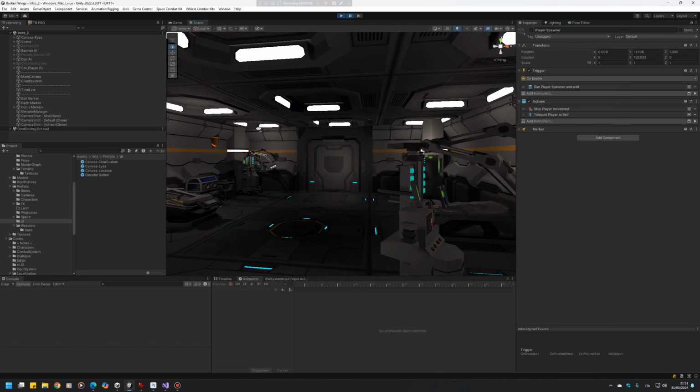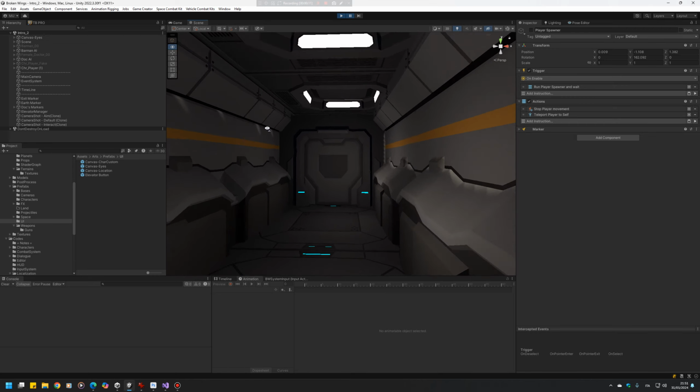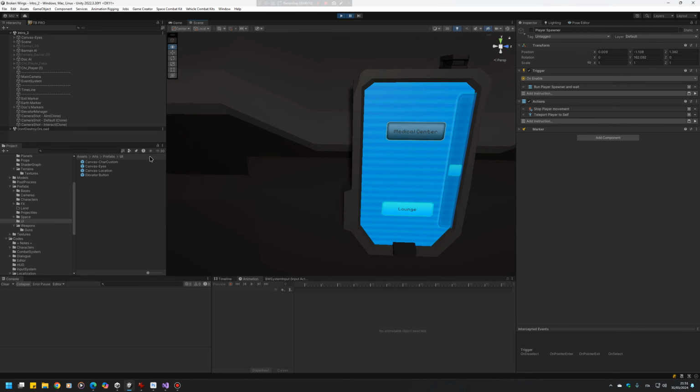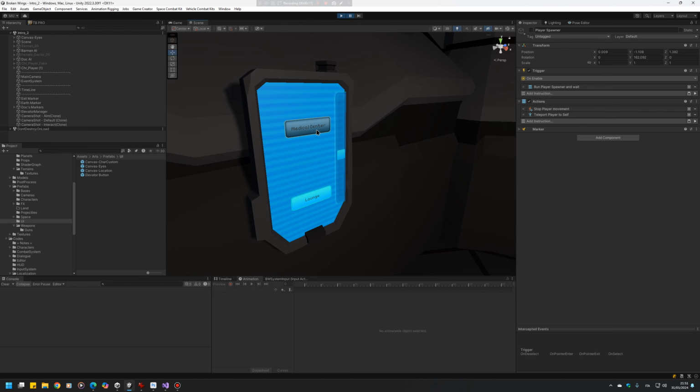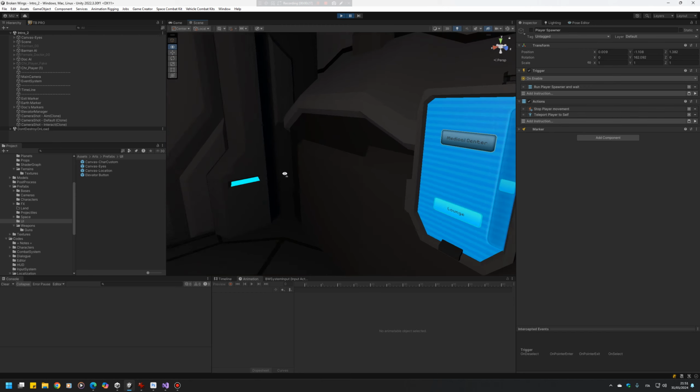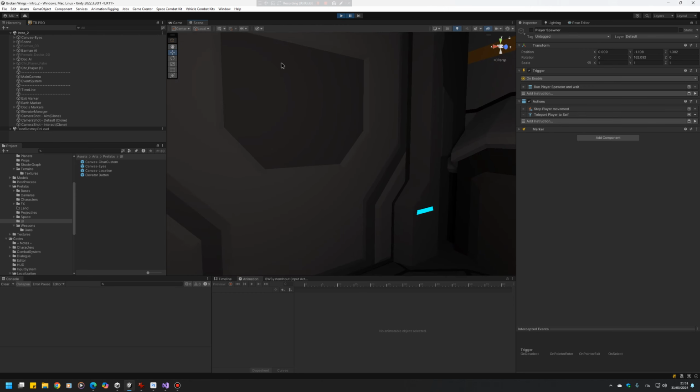I've finally fixed the elevator, and as you can see, the buttons are placed correctly. I'm also working on the level indicator, so it will move up and down, but at the moment not. And anyway, what is changed? What I've changed is